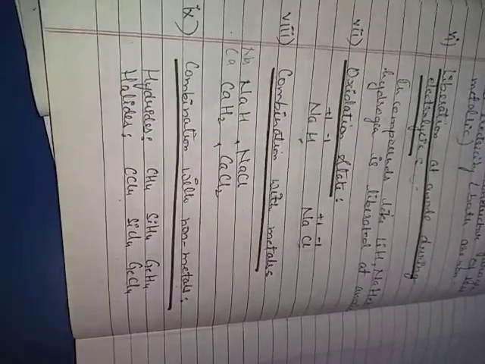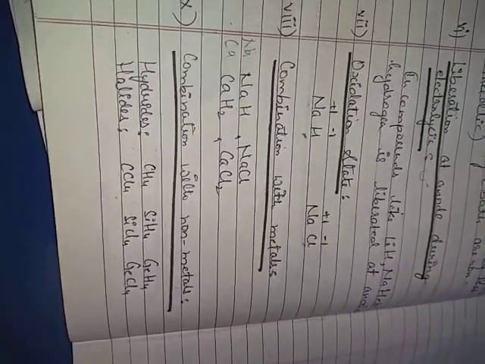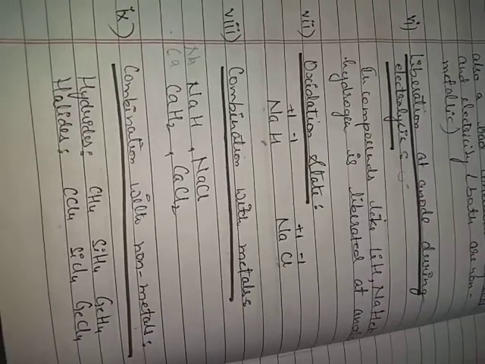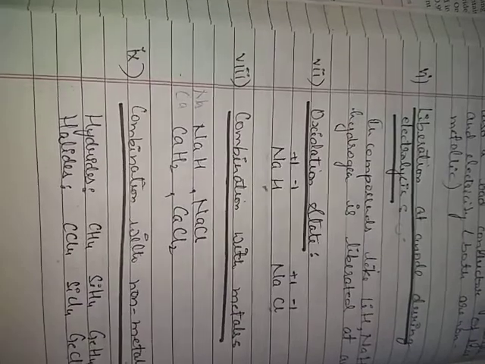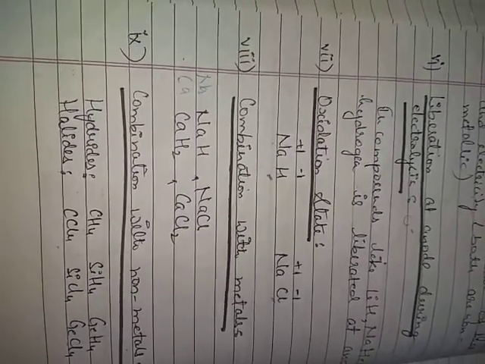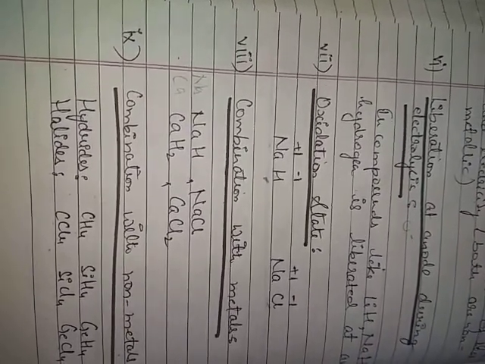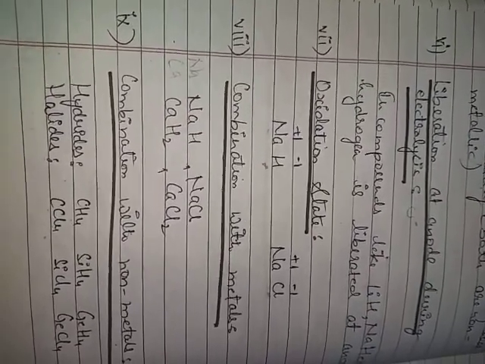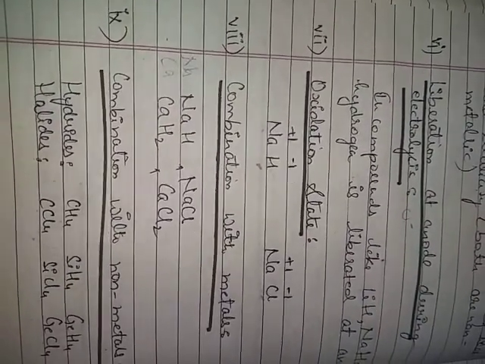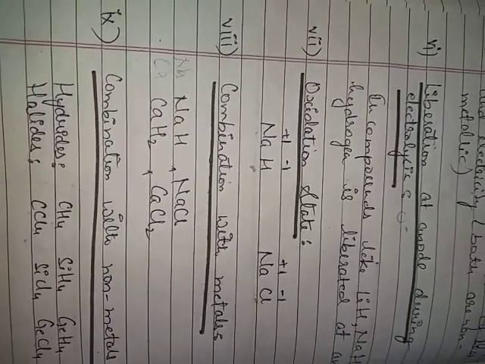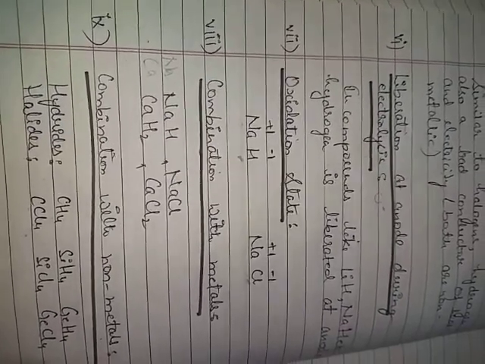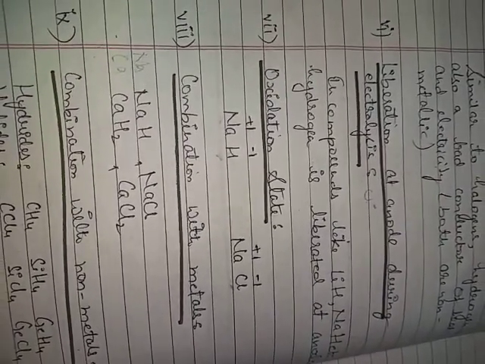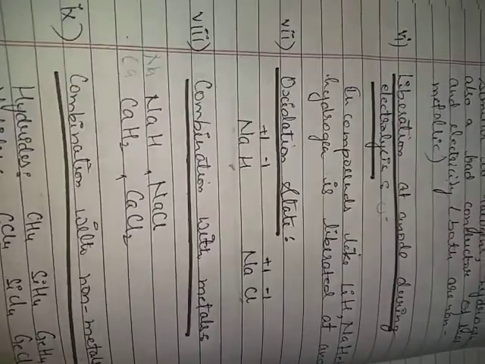So according to these properties, hydrogen has properties similar to both alkali metals, that is group 1, and halogens, that is group 17. So its position is still uncertain, and it is quite difficult to decide the exact position of hydrogen. So this was about the resemblance of the properties of hydrogen with alkali metals and halogens, and tomorrow we will study about the occurrence of hydrogen and its isotopes.